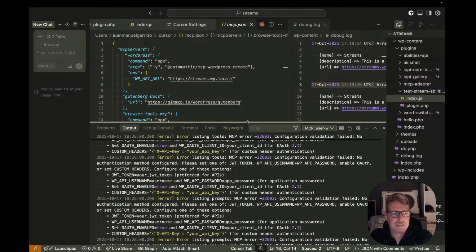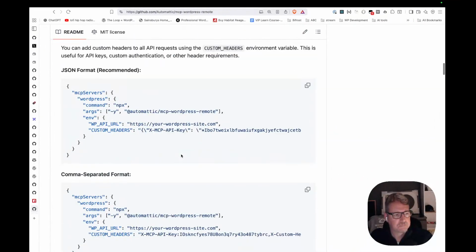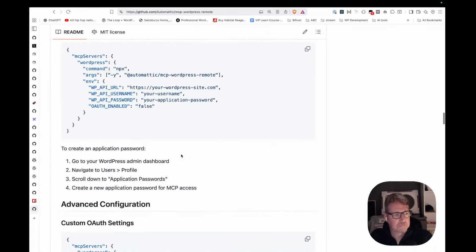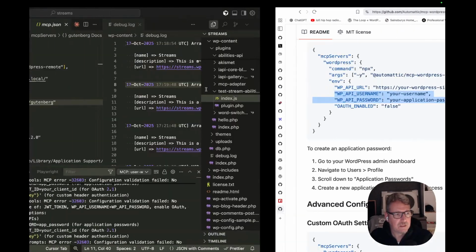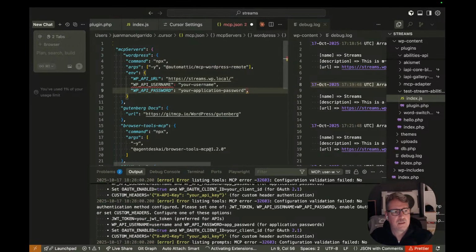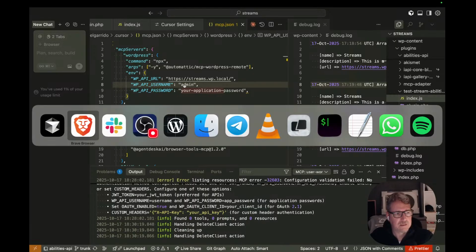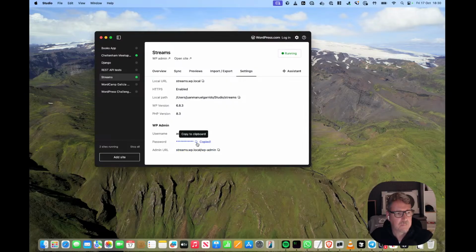Oh, so I need... Okay, so let's create this. API URL, and then API username, admin, and if I go to my local settings, password,